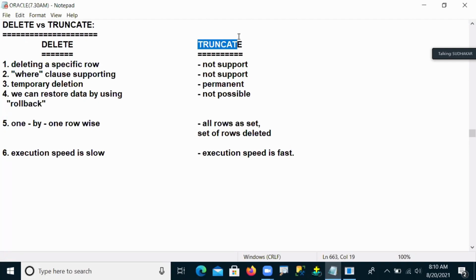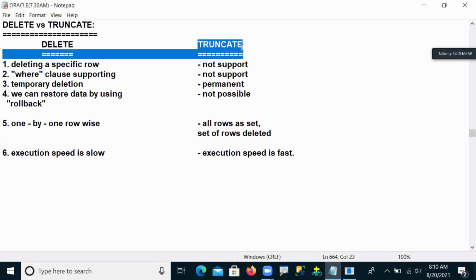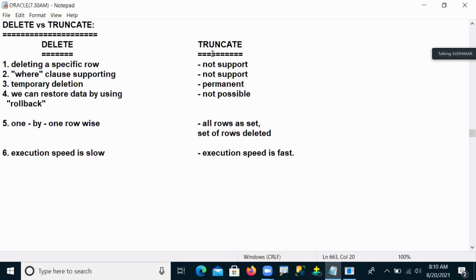But even though the execution speed is fast, in real time the truncate command is not useful. Why, sir? The truncate command does not support specific row data, and where clause conditions cannot be applied. One of the biggest problems of the truncate command is permanent deletion. So in real time it is very rare. And one more thing: when you want to use the truncate command, compulsorily you should take permission from your team leader.